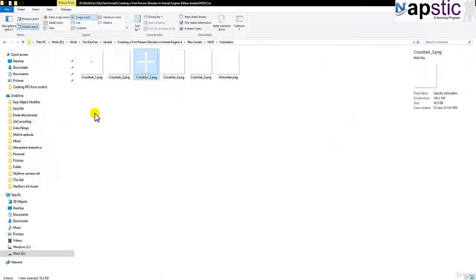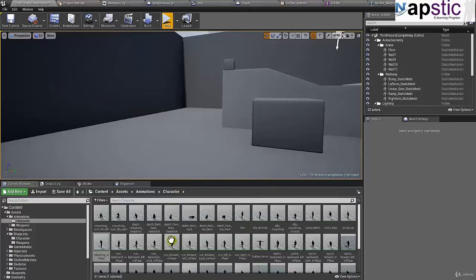You can simply go to Google or Bing Images and look for crosshair, and you can find multiple crosshairs. I just got 5-6 crosshairs here. I'm going to drag them and drop them into my project. And first I'll